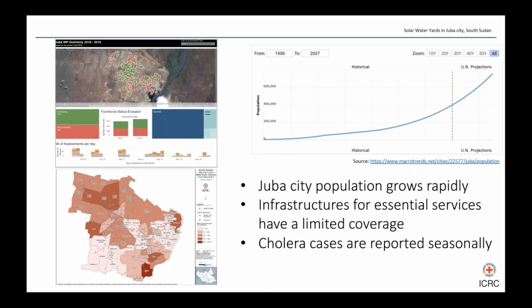In the last years, Juba City is facing unprecedented population growth with people coming from different parts of the country and neighboring countries. The estimated population of Juba is 403,000 people, but it's probably underestimated. This increase in population exerts a lot of pressure on existing infrastructure, especially for water supply. During the cholera outbreak in 2016-2018, ICRC responded by water trucking, hand pump rehabilitation, and borehole drilling within the most affected communities in and around Juba City.